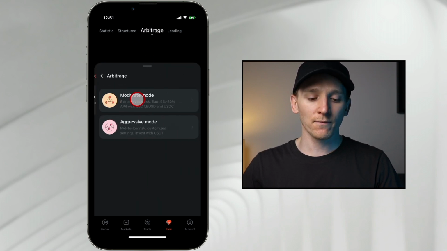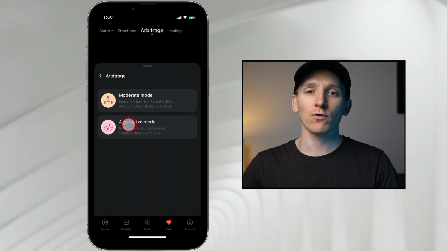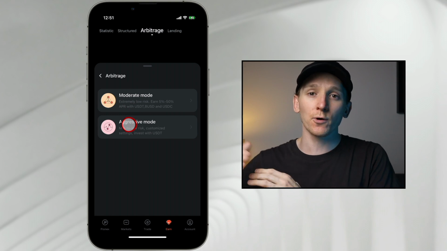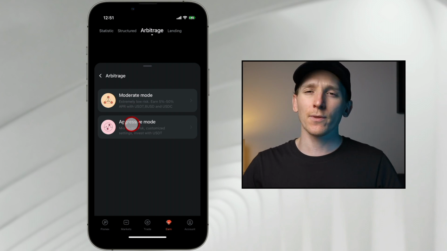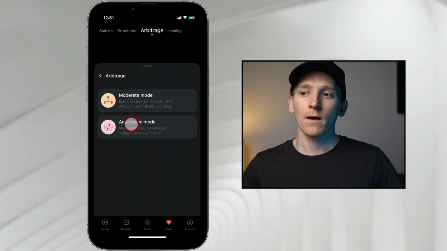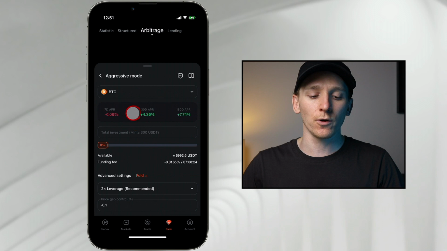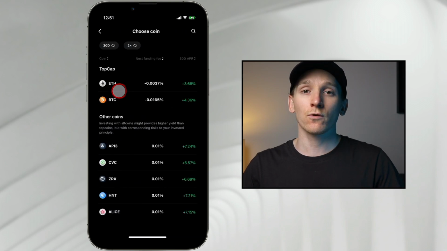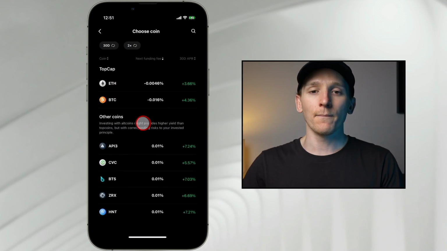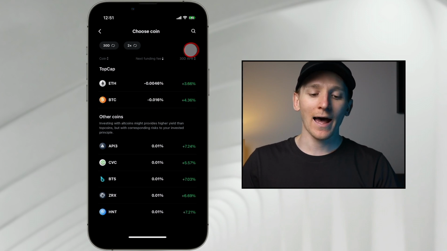Arbitrage actually has a couple of different ways. You can use the moderate mode or the aggressive mode. Aggressive mode just takes a little bit more leverage. Even though you aren't specifically taking leverage on the price, I'll kind of show you how this works. But in aggressive mode, you can actually choose a bunch of different cryptos, pretty much all of them here. And then you can see how much the arbitrage bot is taking out of the market as an